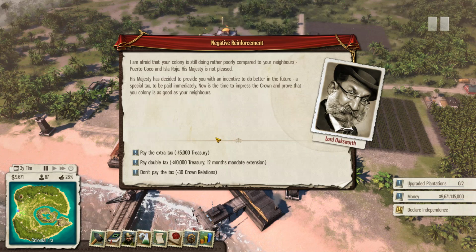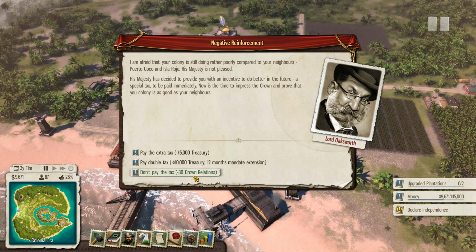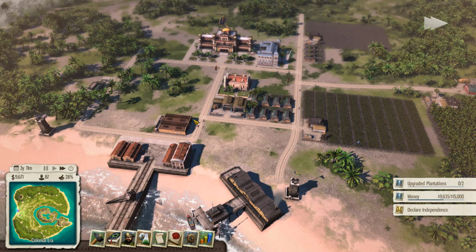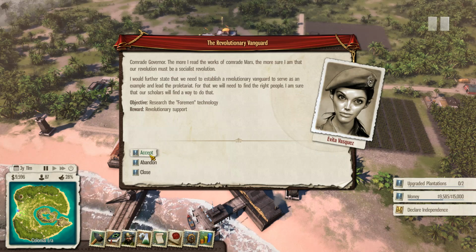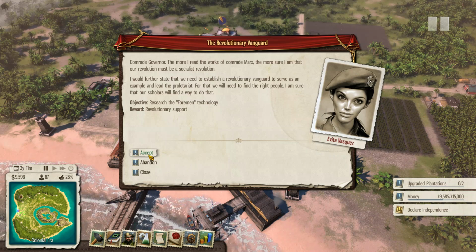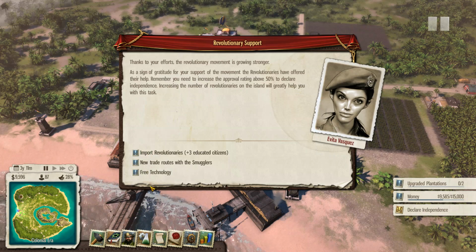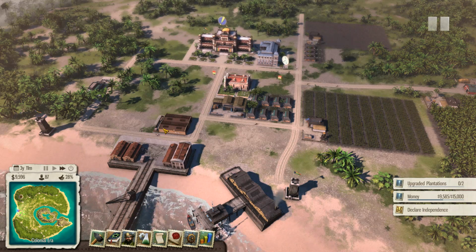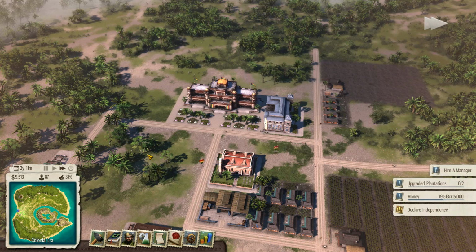Is still doing rather poorly compared to your neighbors, Puerto Coco and Isla Rojo, isn't it? Well, no, we are not going to pay any of those extra taxes, Governor. The more I read the works of Comrade Marx, the more sure I am that our revolution must be a socialist revolution. Thanks to your efforts, the revolutionary movement is growing. Governor, we need to inspire...